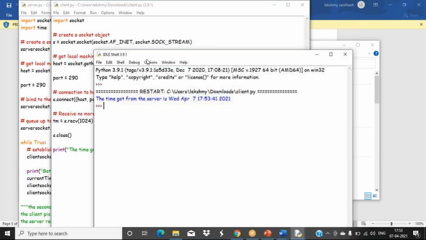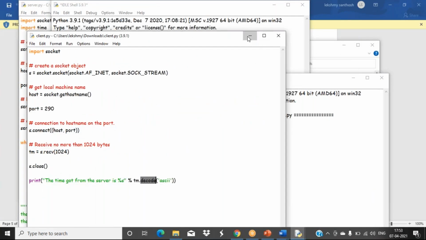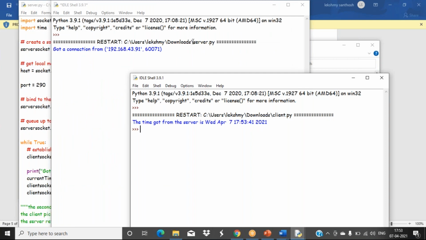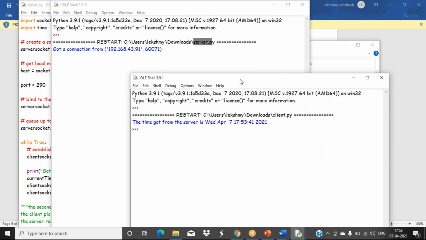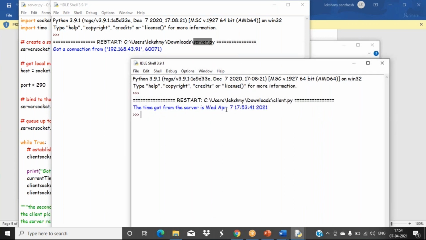So this is the client program or the client output window. You can see here this is your server. In the server it is displaying a message, that we got a connection from this client machine. This is the client side. In the client side we got the current date and time. From where did it get the current date and time? From the server we sent that one. So the client got connected to the server, and from there it got that connection value. So this is clear. This is common networking we are doing with Python.